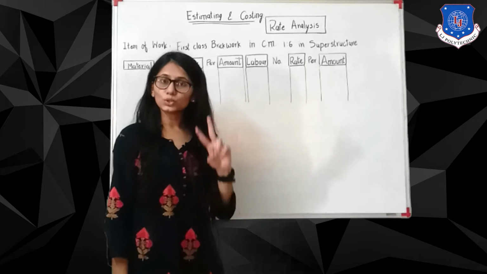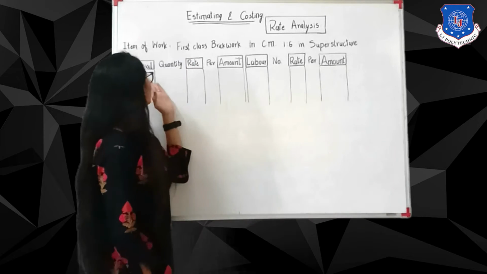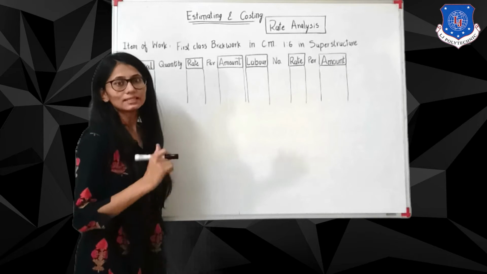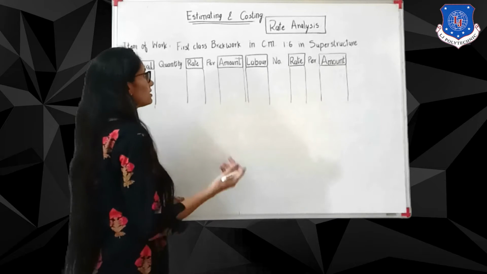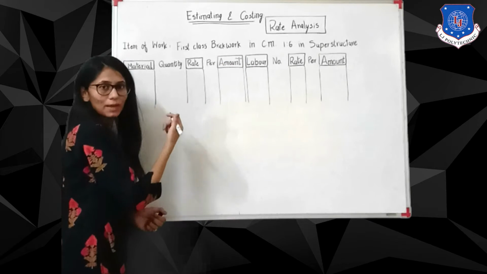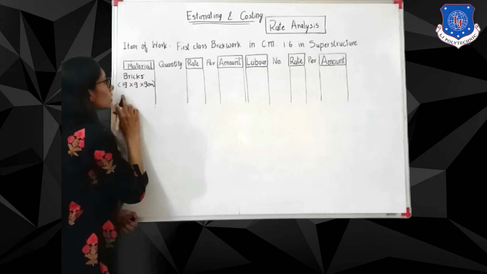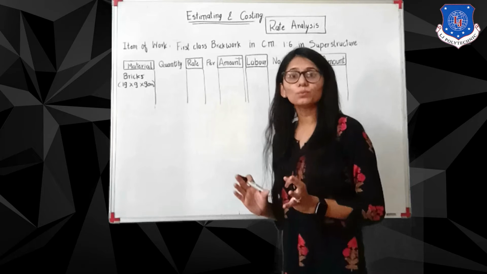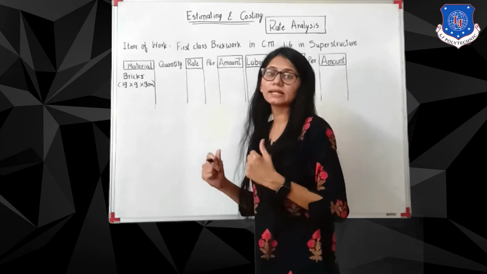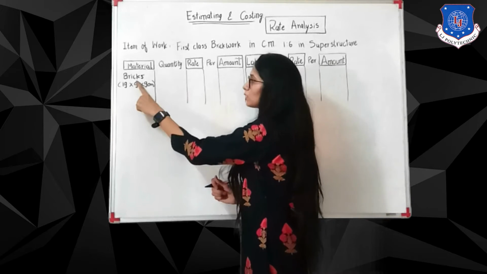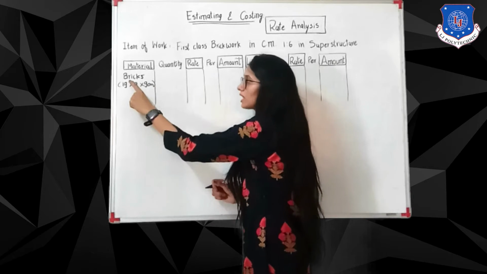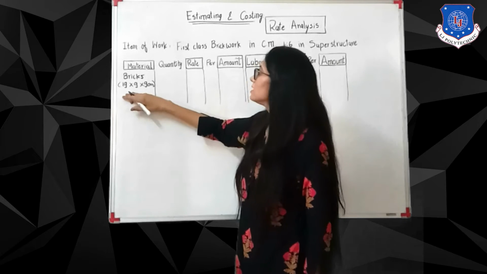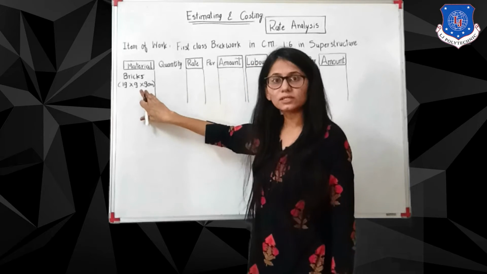We are calculating two types of quantities: the quantity of materials, which has this separate section, and the quantity of labors. So let's start the calculation. First we'll obviously require bricks for this brickwork, so I'm adding that. Also I'm adding the measurements, the size of a brick. We have to mention the size so it is clear how much rate we are using for a particular brick. If we are taking 4,000 rupees for 1,000 bricks, then which size of bricks are we using? So we have to mention the size. We have 19 by 9 by 9 centimeter bricks.